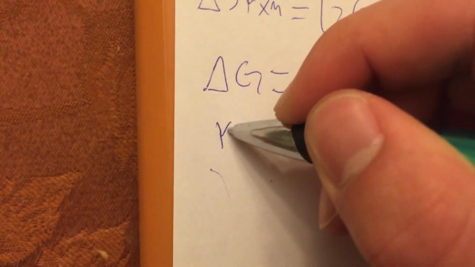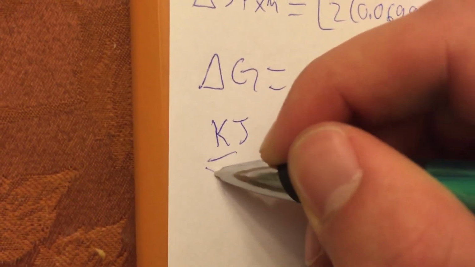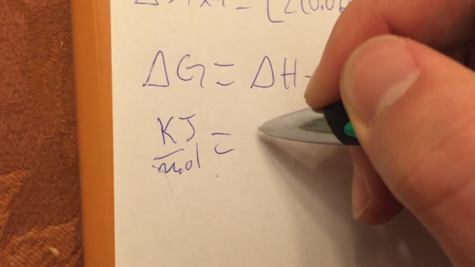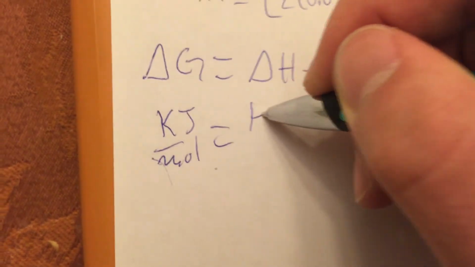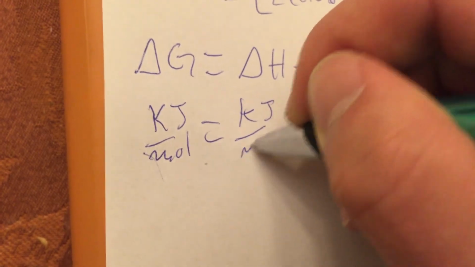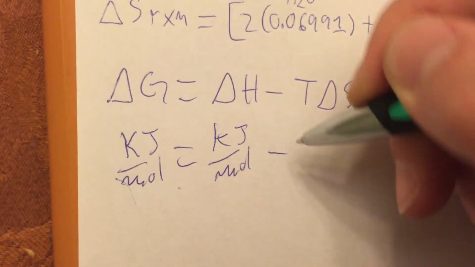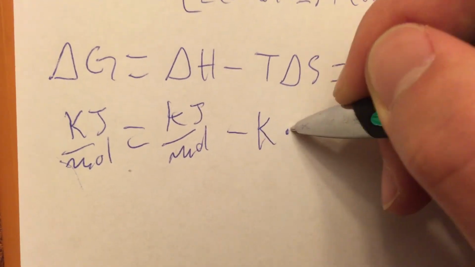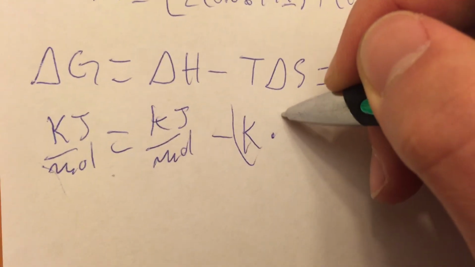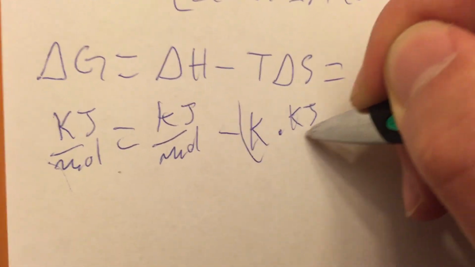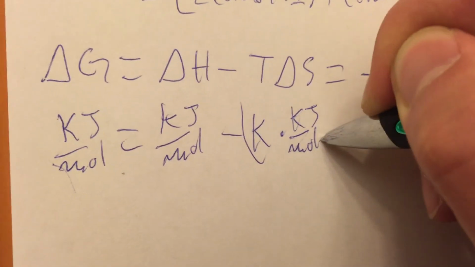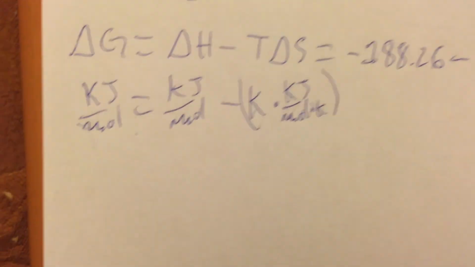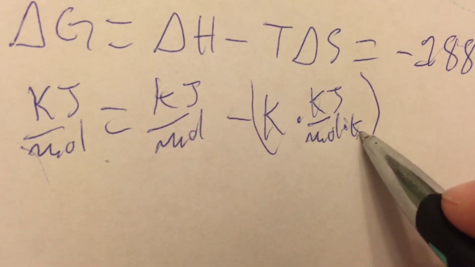Just to show you that, I'll write it out. Gibbs free energy is kilojoules over moles, G equals delta H, which is also kilojoules over moles, minus Kelvin times kilojoules over moles times Kelvin. So you see here, it all actually makes sense because there's Kelvin's